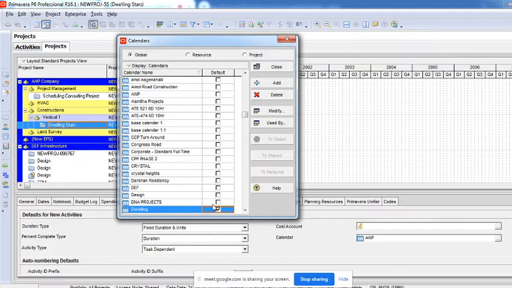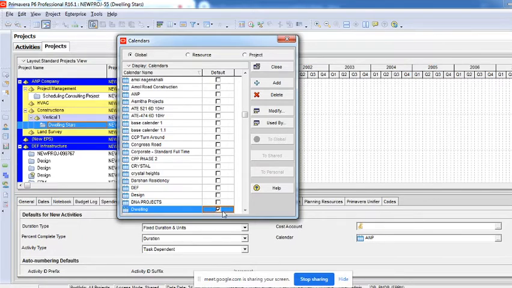Usually when you open a project and start creating the activities, giving the relationships and all, you expect that your Gantt chart should also work with respect to your project calendar. But how? Your Gantt chart does not know what calendar your project is working on. The project uses the calendar to schedule your activities and calculate the work hours, but your software does not know which calendar your project is working on. So if you make it default, what will happen?